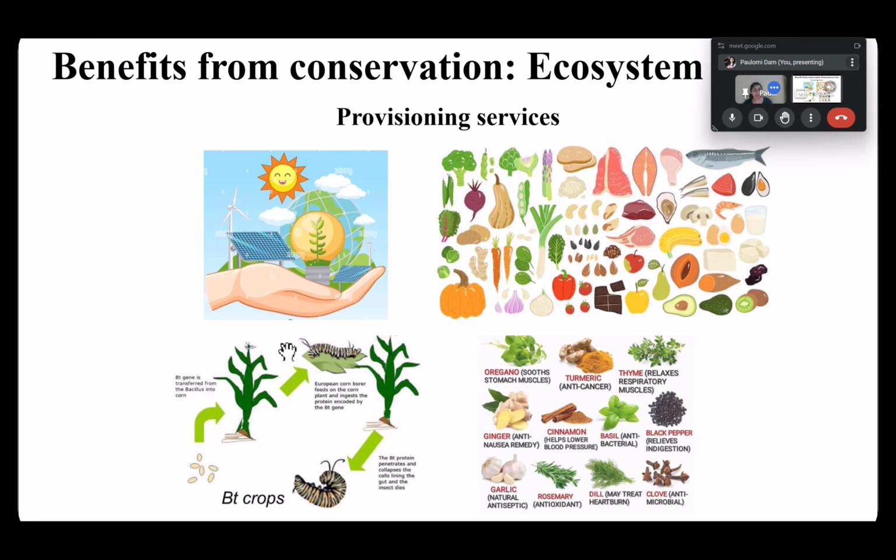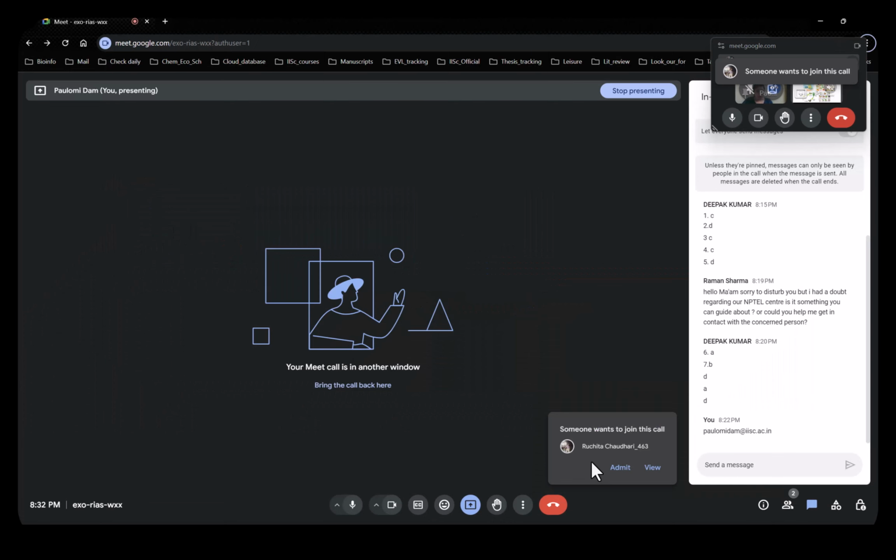What are these? These are Bacillus thuringiensis. These are natural products which are now used in crop improvement strategies, how you can make the crops pest resistant and insect resistant. All these come from natural phenomena which you observe in nature. That's why retention and preserving nature is very important. Then you have these energies which are renewable energy, solar, wind, hydro power. So all these are, as you know, much more sustainable and affordable means as compared to the other means of energy that are currently in use.